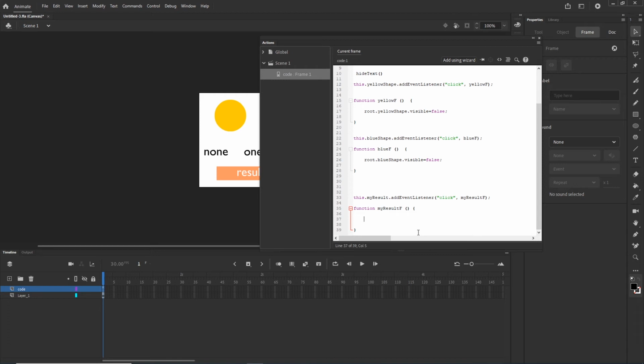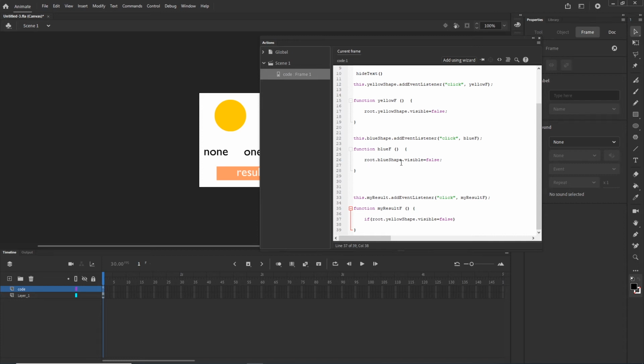It took some time to get in here, but I'm going to type if parentheses, and I'm going to copy this without the semicolon. So if root.yellowShape.visible is false,